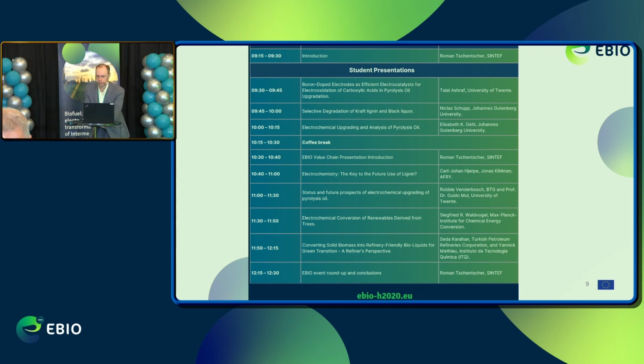Okay, let's move on. We are now in the second part of the program. I will give a small introduction about the value chain of the project, but also about the industrial value chain we actually anticipate. And then the experts take over. We start with Jonas from AFRY about integration of electrochemical lignin conversion in a pulp mill. Then we move on with the pyrolysis plant and electrochemistry, even more electrochemistry, and then we focus on the co-processing and the refinery